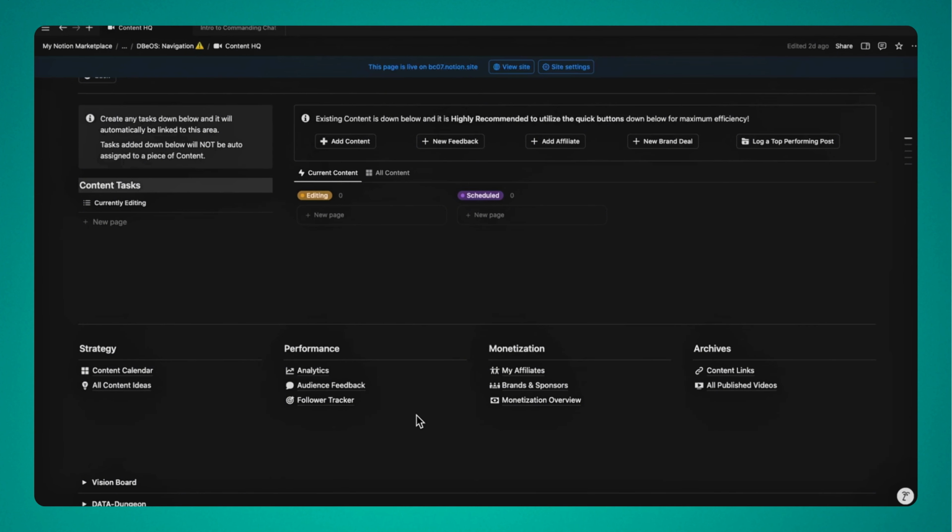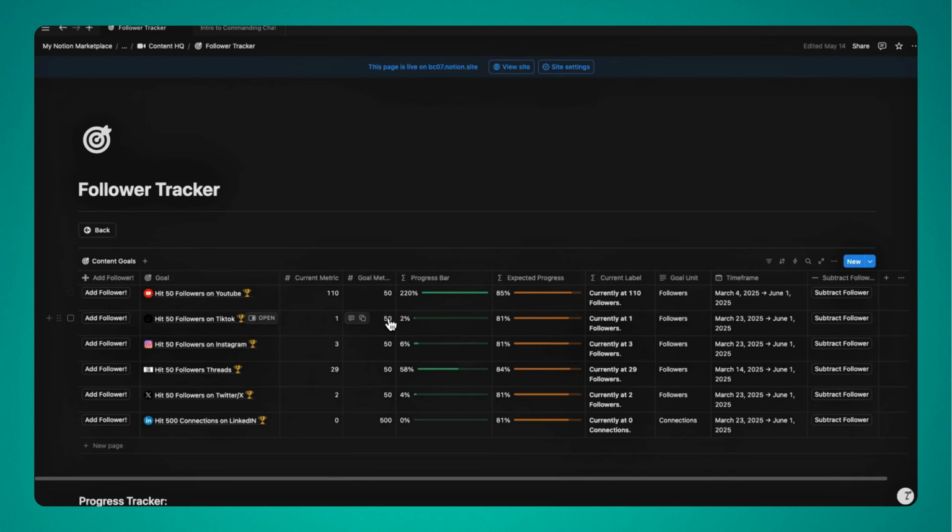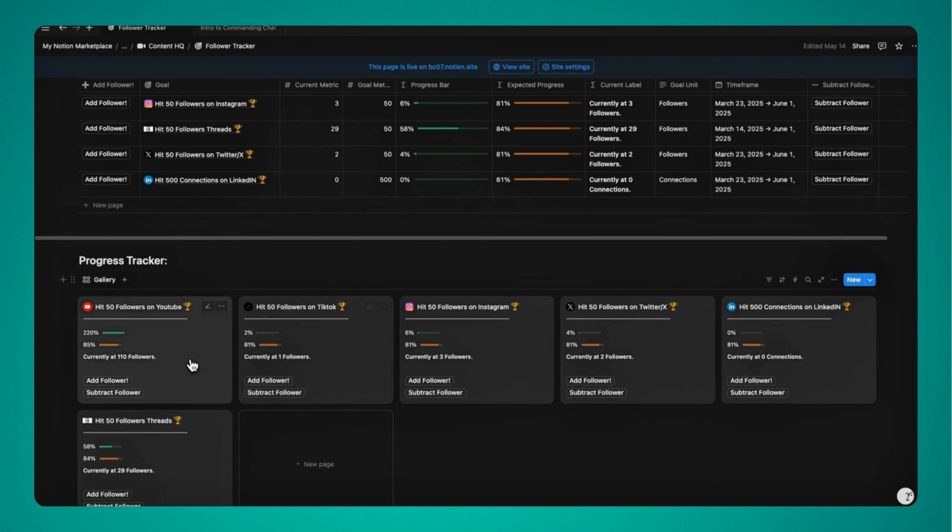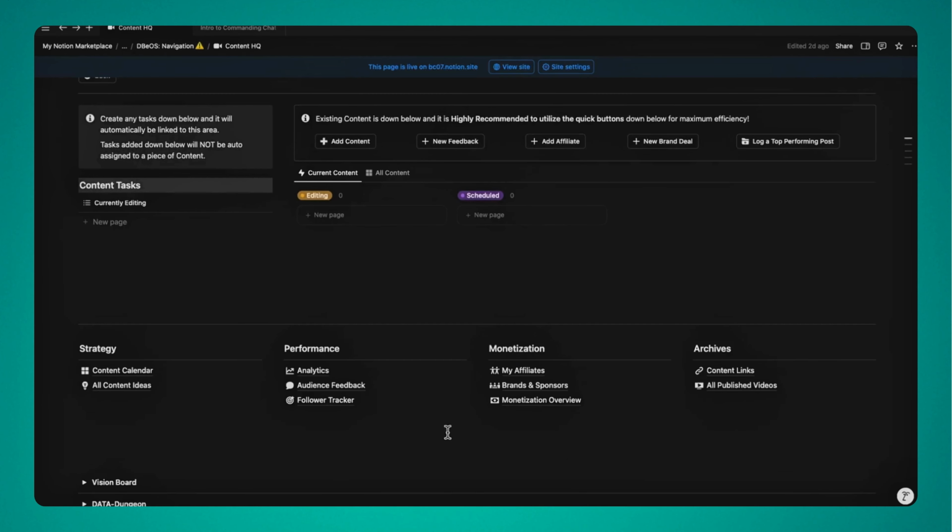But as you can see in the middle, we have a couple more pages that we get to utilize. Over here on the left, we currently see that we have analytics, audience feedback, and a follower tracker. Over here on the right, we're looking at my affiliates, brands and sponsors, and a monetization overview. These 6 pages all come down to what I use on a weekly basis, from tracking my posts, knowing what's going wrong and what's going right, having a real overview of everything and anything that's going on within my social media,